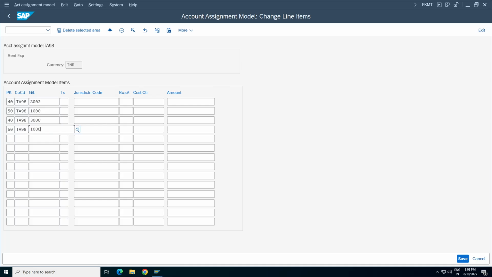Take 1000. So like this, you can create as many line items. So cost center 100. This is your expense again, 100. It's up to you whatever cost center you want to post it with, some 100. This one I want to update as some 200.